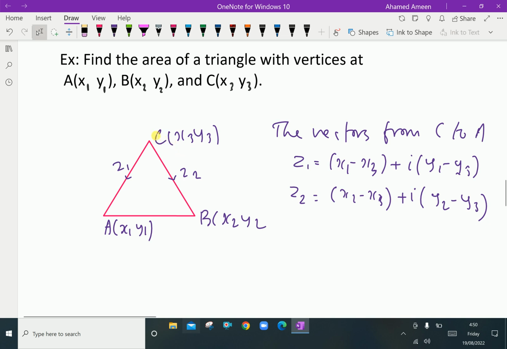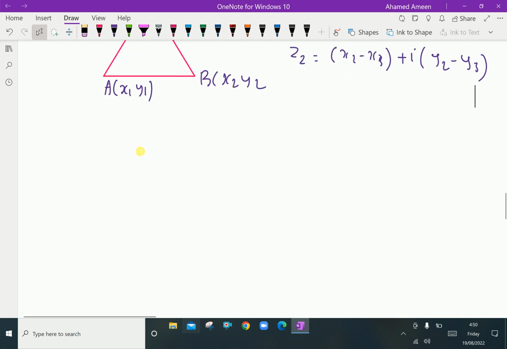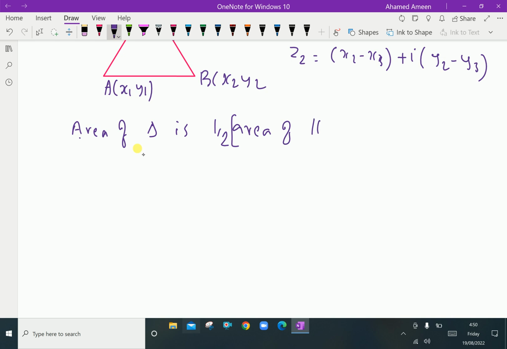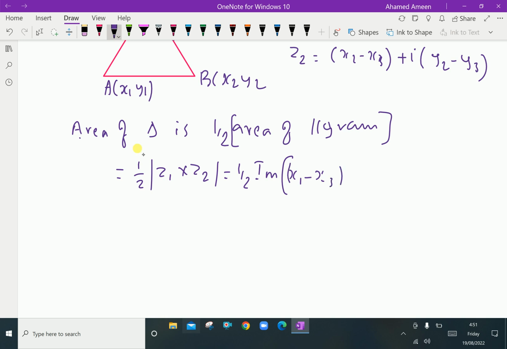Since the area of the triangle with sides z1 and z2 is half the area of the corresponding parallelogram, therefore, area of triangle is half of area of corresponding parallelogram, which is equal to half of modulus of z1 cross z2, which is equal to half of the imaginary part of (x1 minus x3 plus i times y1 minus y3)